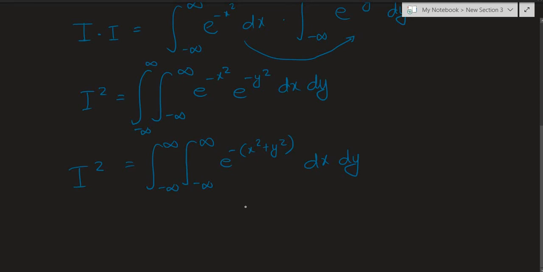Now what can we do from here? Well, as I said at the start of the video, this is the classical method, or the method that involves using polar coordinates. So we are going to transform our coordinates using appropriate mathematical steps. We're just going to transform from Cartesian coordinates which have x and y to polar coordinates which have r and theta. I'll explain more about this on the next page. See you there.